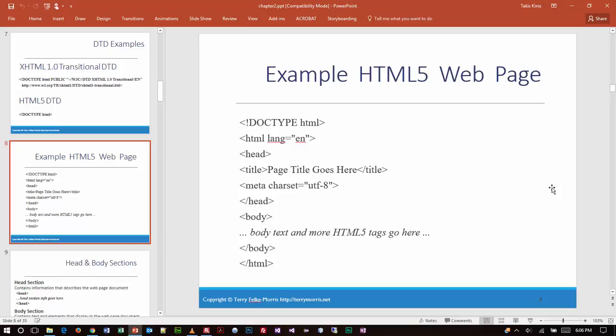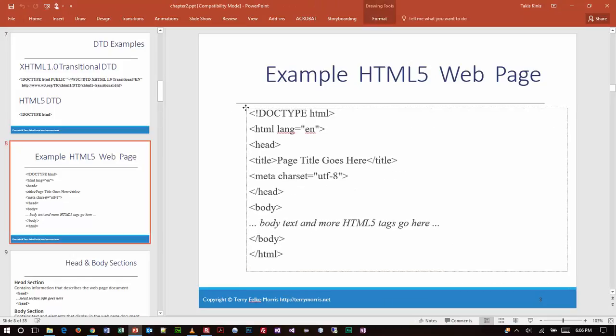Will things break if it's not there? Absolutely not, because guess what the default language is for the web? English, so we don't have too much to worry about. But if you do have a target audience outside of the English language, then you can actually make provisions here for that. All right, so